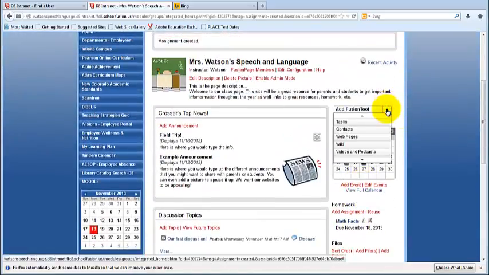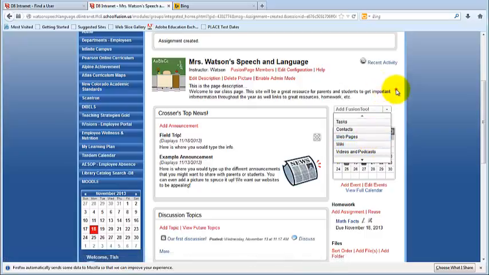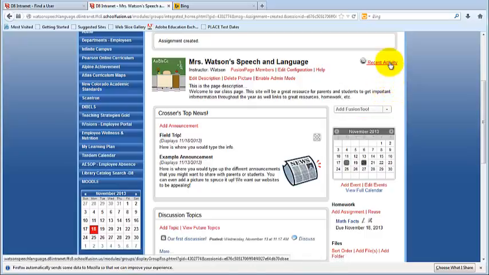These are the Fusion tools. You can add web pages, you can add contacts, different wikis, videos, and podcasts, but that's a little bit more advanced feature that we will not be covering in this tutorial. But that's it. So let me show you